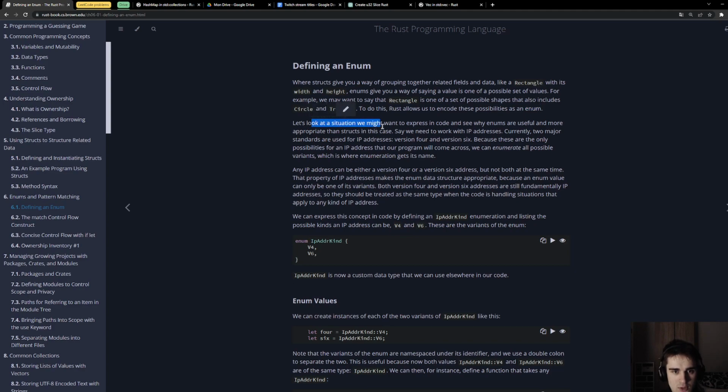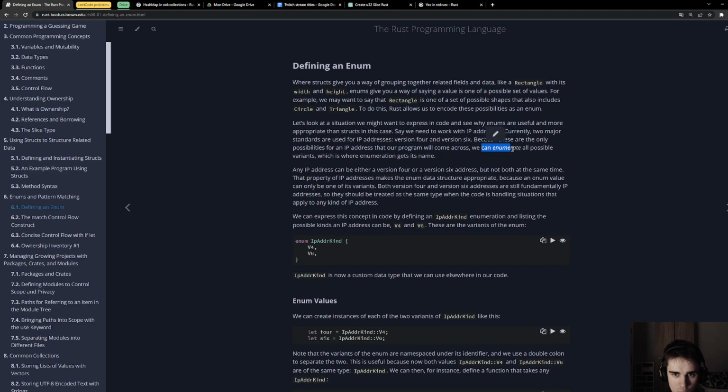Let's look at a situation we might want to express in code and see why enums are useful and more appropriate than structs in this case. Say we need to work with IP addresses. Currently, two major standards are used for IP addresses, version 4 and version 6, because these are the only possibilities for an IP address that our program will come across.